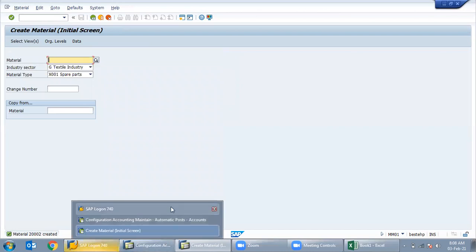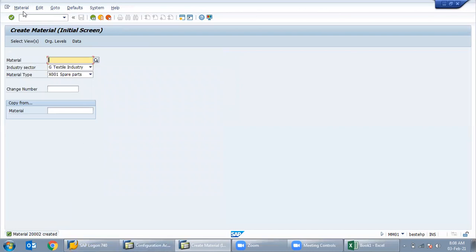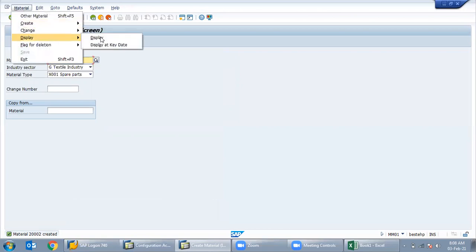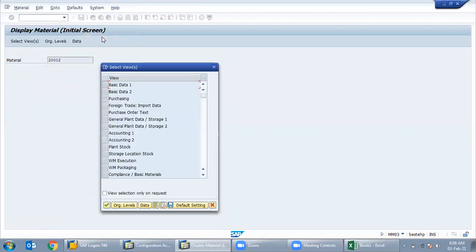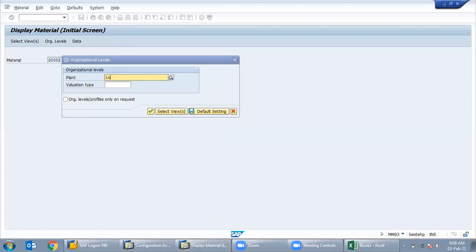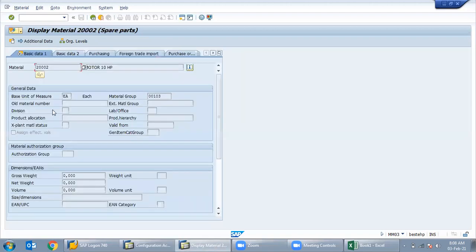Now, wherever we use that material code 2002, in a PO, in a PR, in a goods receipt, that part only we use. So while doing the transactions with that material code, like we are receiving the goods, we are issuing the goods, we are giving to the end user, stock will be reflected, it will go down or up as per the transaction.